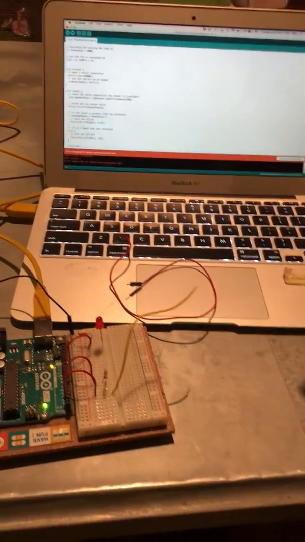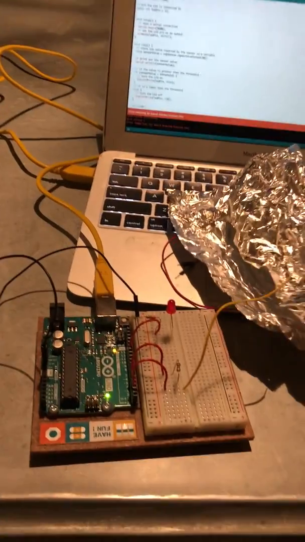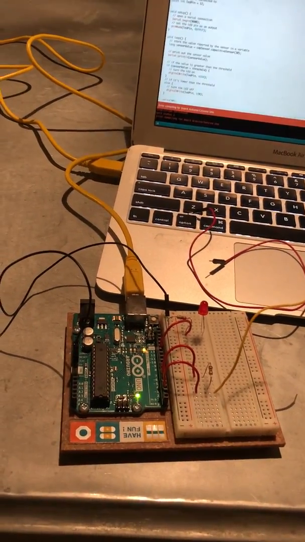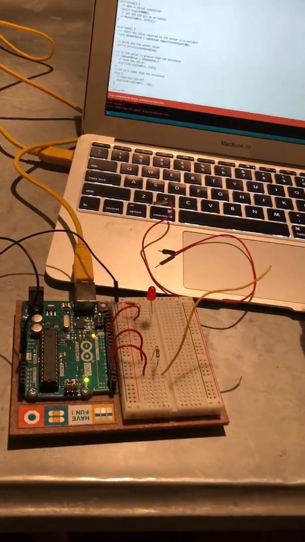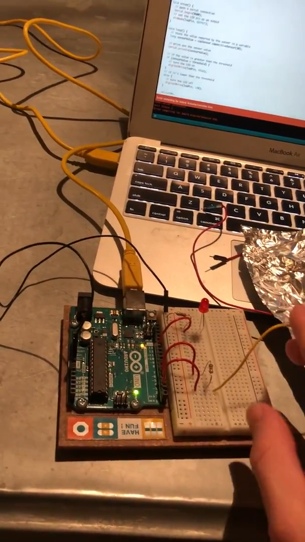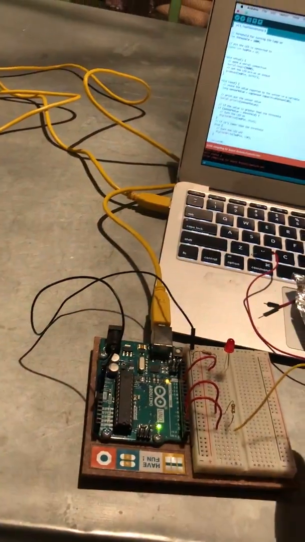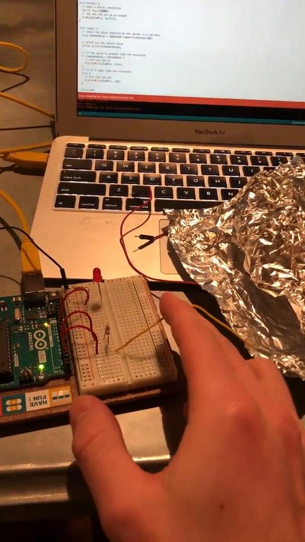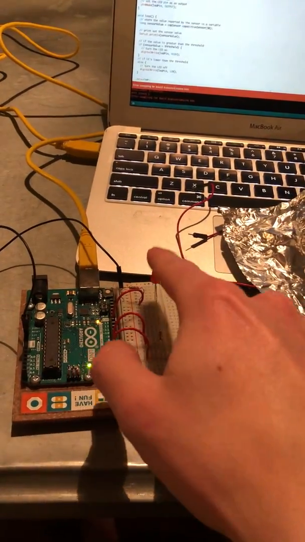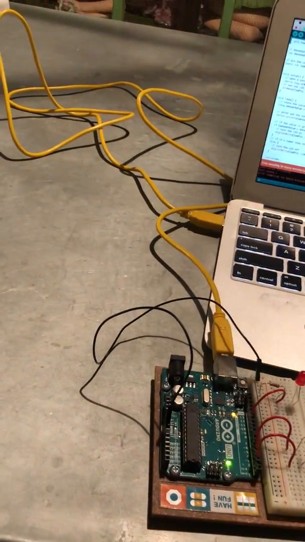So you're probably wondering why I have this tinfoil here. It's because this is a conductive material, it's metal. By pressing this pin onto the aluminum foil, this light should turn on, this LED right here. However, the